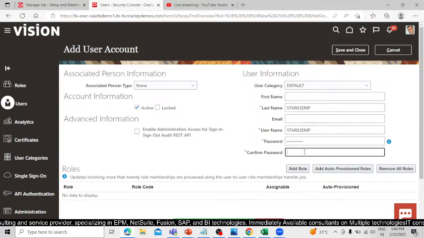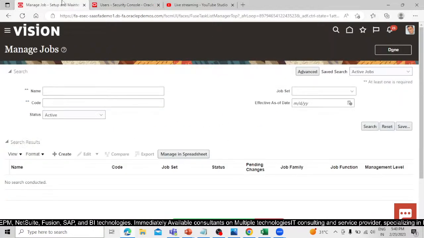This is our password. Let's define our confirm password. Let's click on save and close. So we created the employee implementation user. Now let's go to the employee,